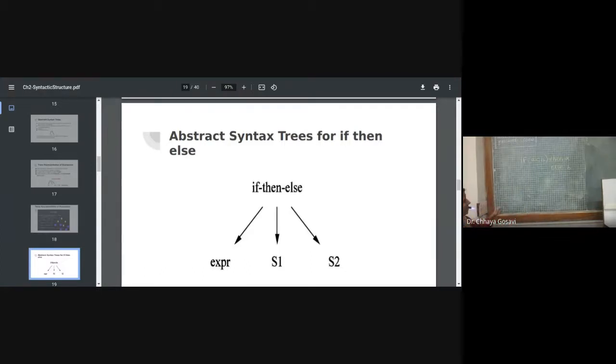If the syntax is if condition, that is a less than b or whatever the expression is, then statement 1 can be a block of statements or a single statement, say a, else b.